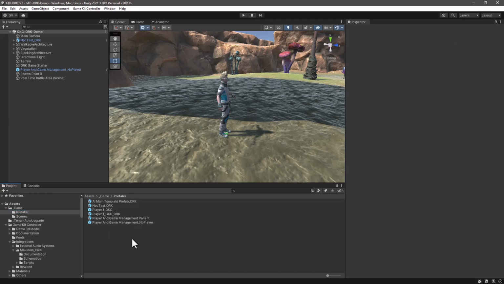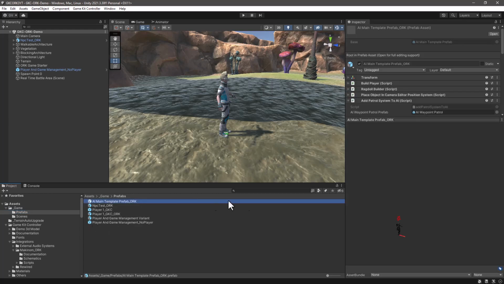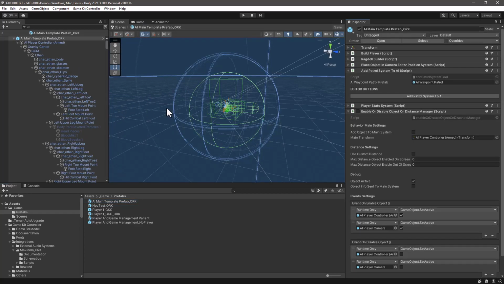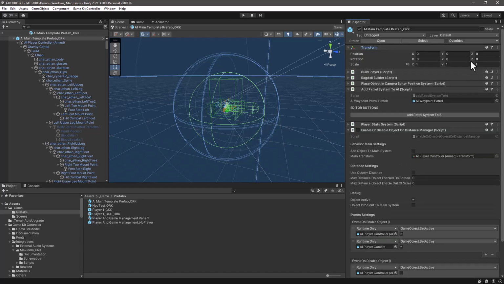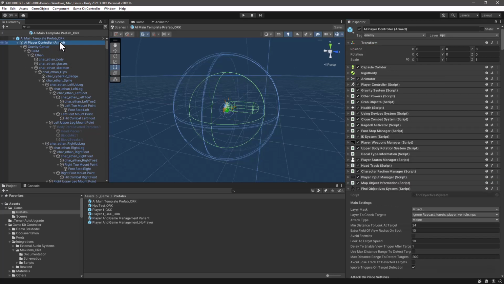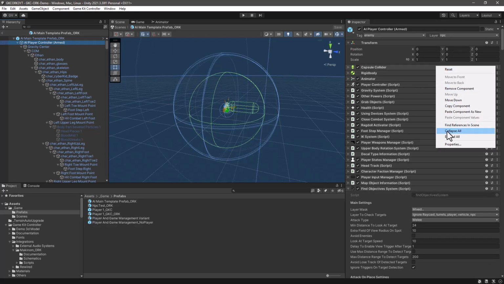There we go. Let's select the prefab variant and open it up in prefab edition mode. Make sure the transform is zeroed out, and then we can select the AI player controller ARM game object. Let's collapse everything here,